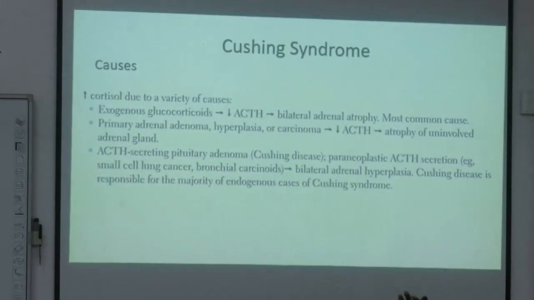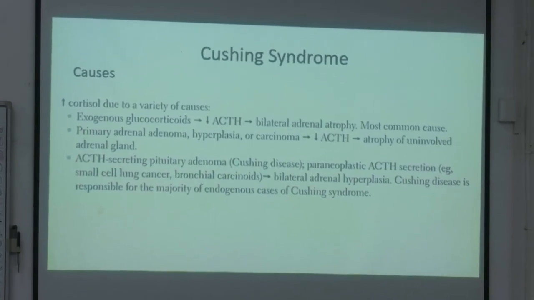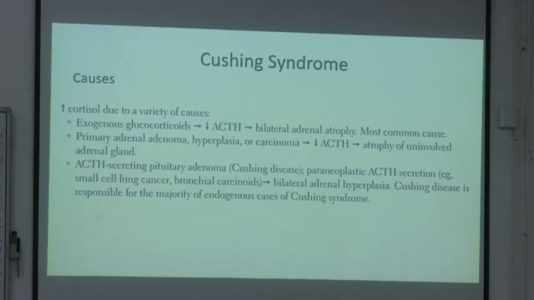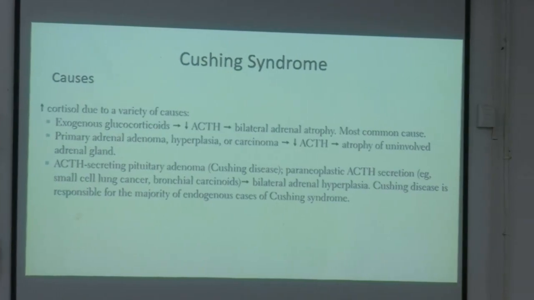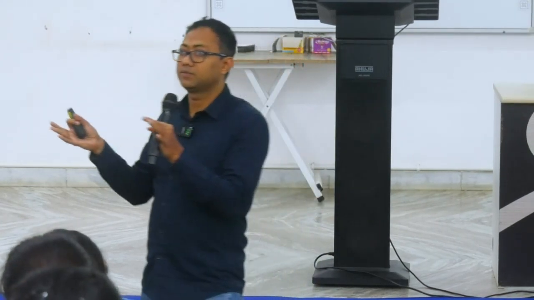Okay, coming to the major question area from this adrenal cortex, which is Cushing's syndrome. What is Cushing's syndrome? So simply, increased cortisol in your blood is Cushing's syndrome. Not on a temporary basis. Suddenly you are stressed, say for example for a period of 1 hour, your cortisol level is high. That is not Cushing syndrome.